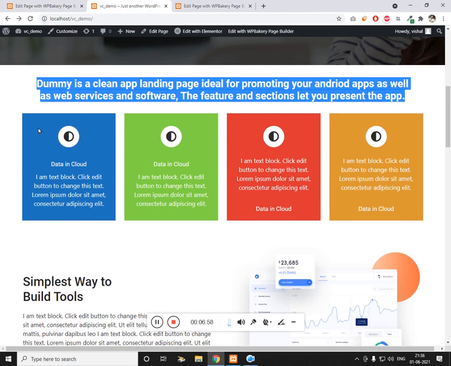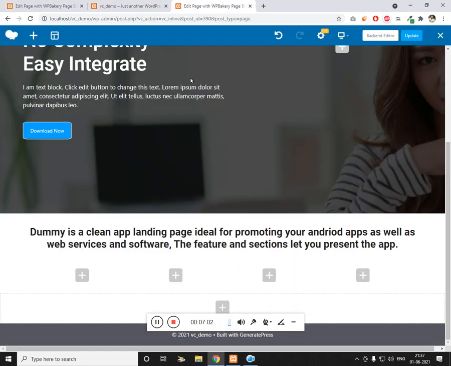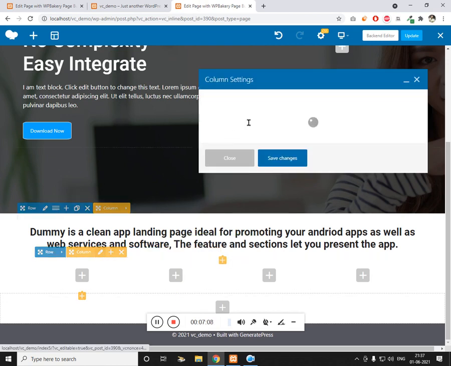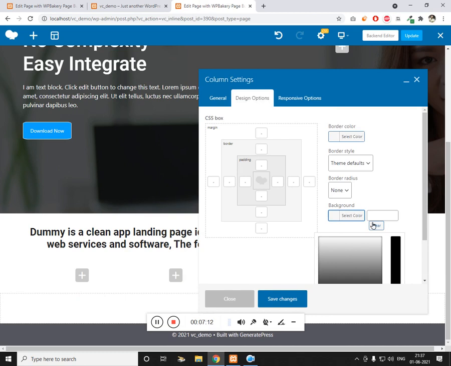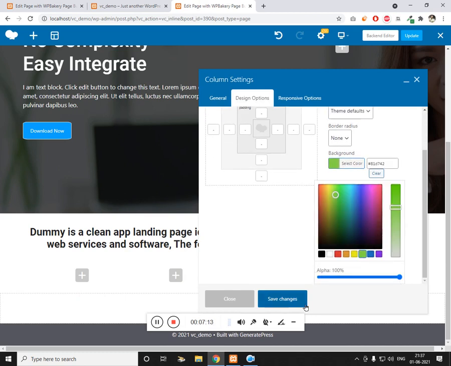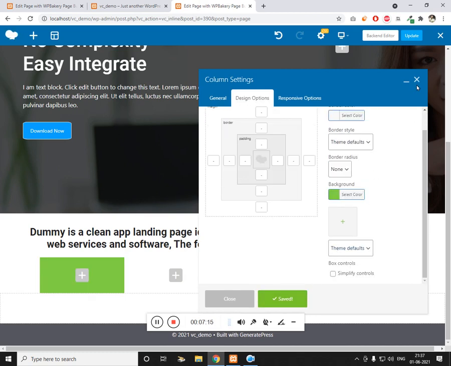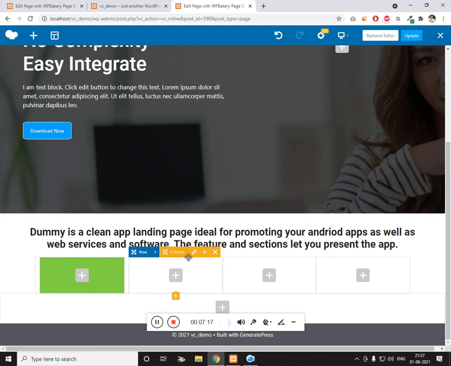So let me give this a color, or let me give a class. Now let's edit the column color. So here we have a section called column, and let's change the color. Let this be green. Likewise,